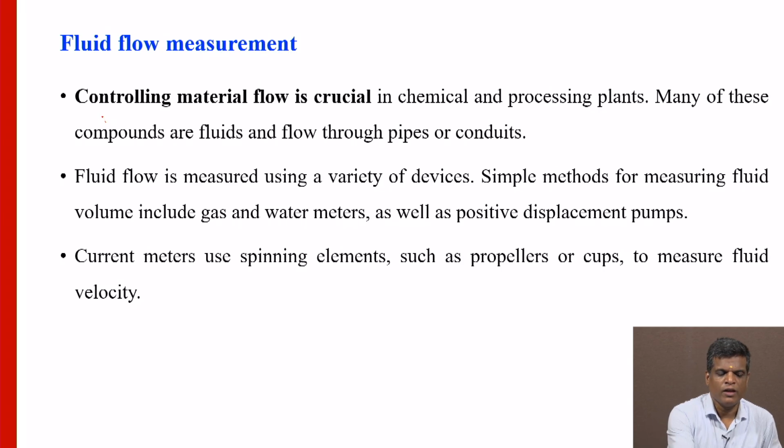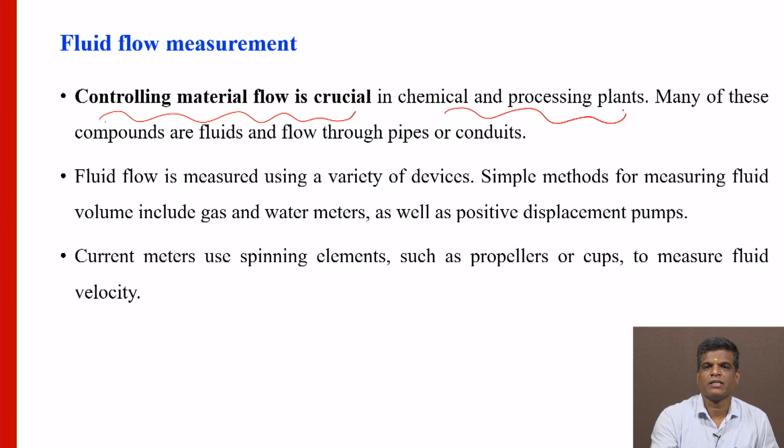Normally, controlling the flow is very crucial in chemical and processing plants. There are many chemical plants and processing plants, and it is very difficult to control the flow here. Many of these compounds are fluids that flow through pipes. So the fluid flow is measured using